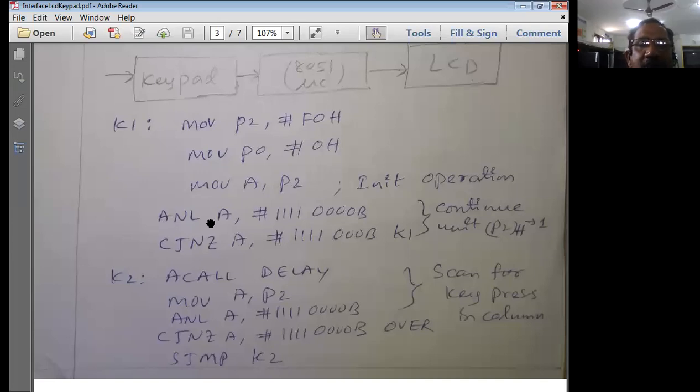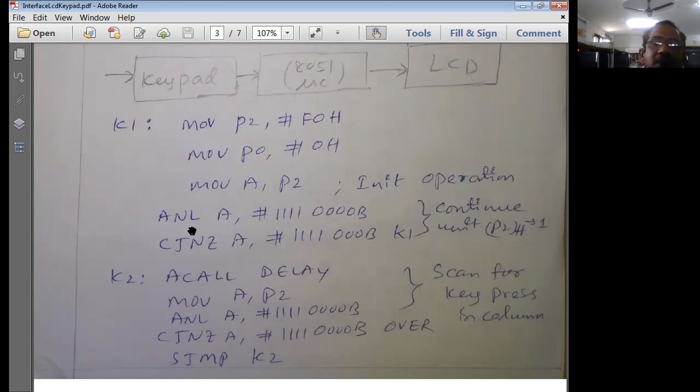We use the AND operation with the contents of the accumulator with this. What is F? It means 1 1 1 1, four ones. The single zero in hexadecimal means four zeros in binary. So I'll apply the AND operation. If A really has the same bit format, F0, then after the AND operation the result is going to be the same, F0 only. F0 is stored in A. What is this AND operation? AND performs the logical AND of A with the operand, and the result is stored in the accumulator.